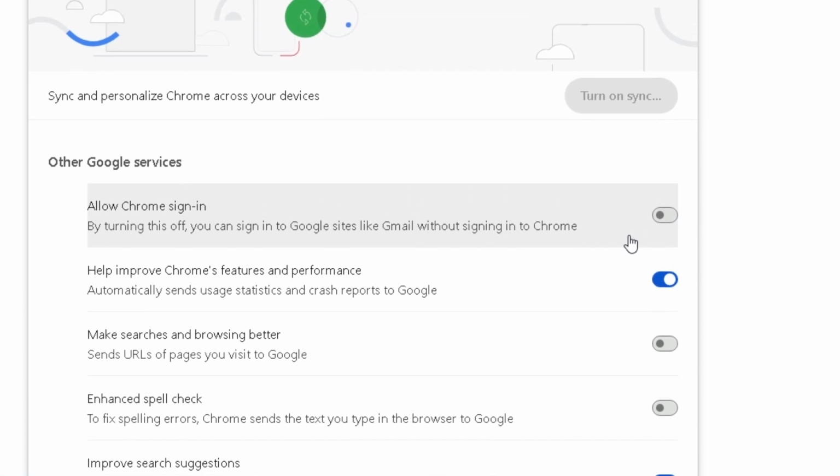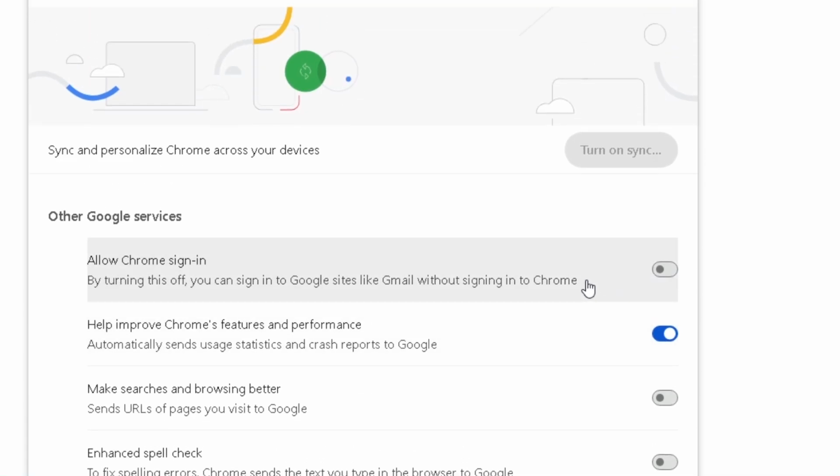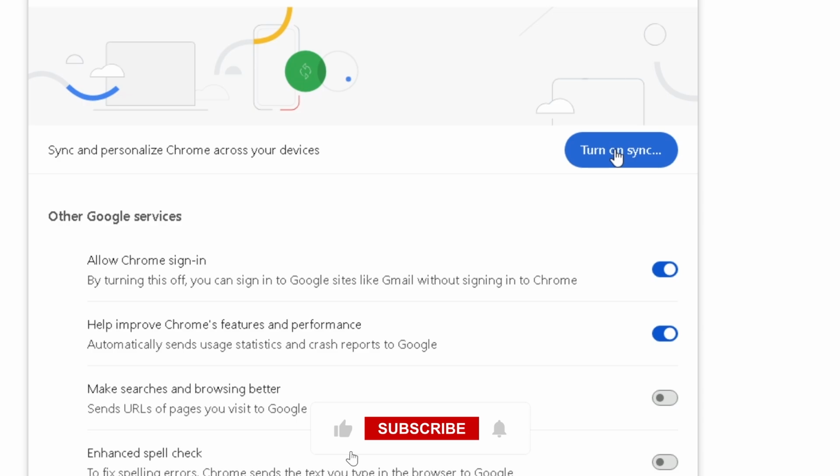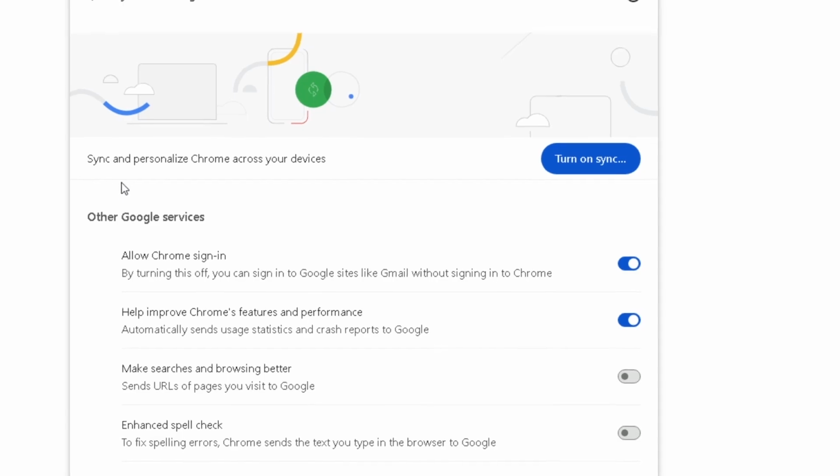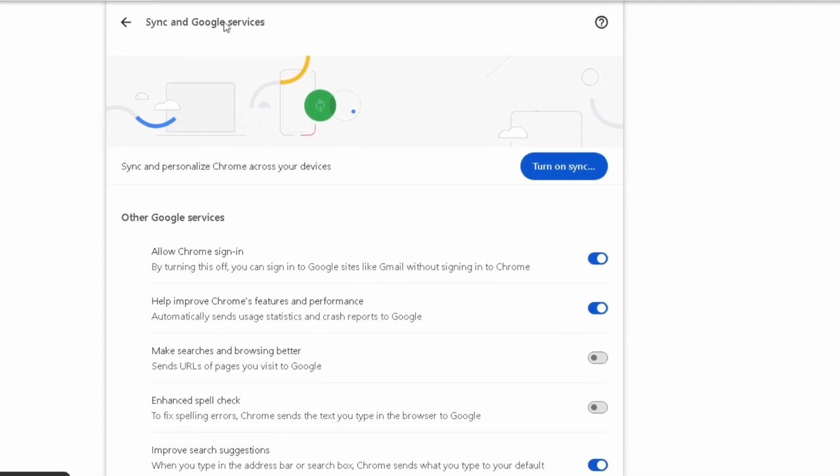Once you have turned off auto sign-in, Chrome will no longer automatically sign you into your Google account when you open the browser. You will now need to manually sign in each time, which can be a great way to maintain privacy, especially